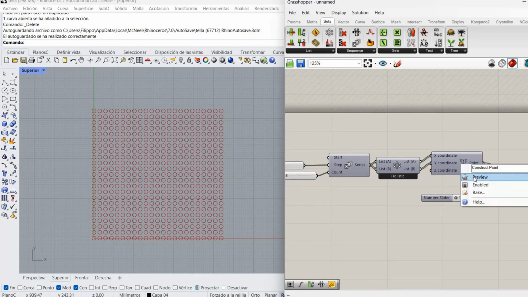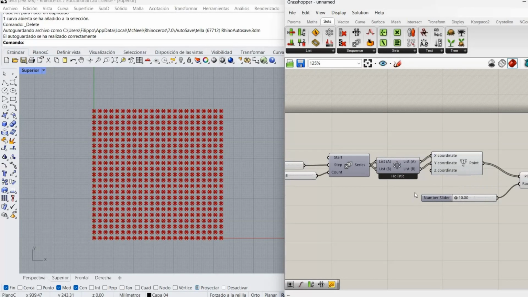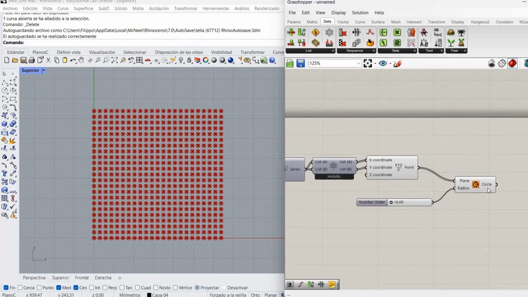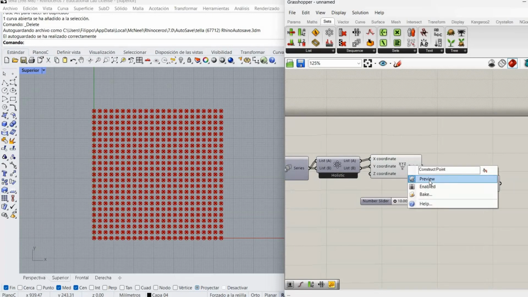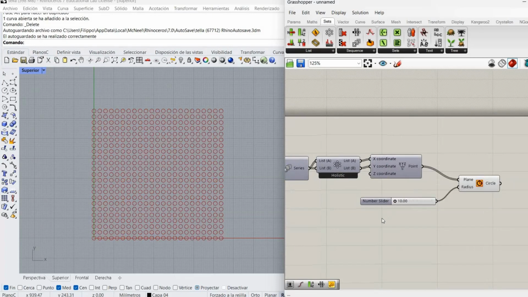Then we made points. I'm going to preview them so you can see them. The coordinates of these points are being made out of list A and list B, going to coordinates X and Y. And then I put some circles on each of those points to create the grid. So basically what we want to do is